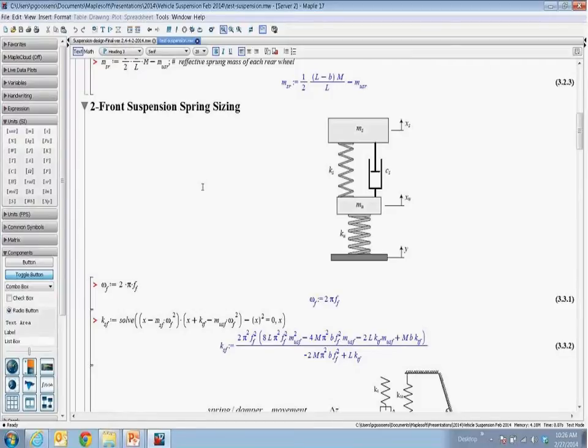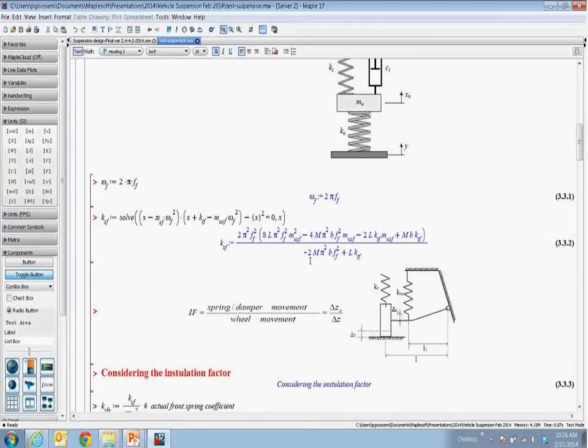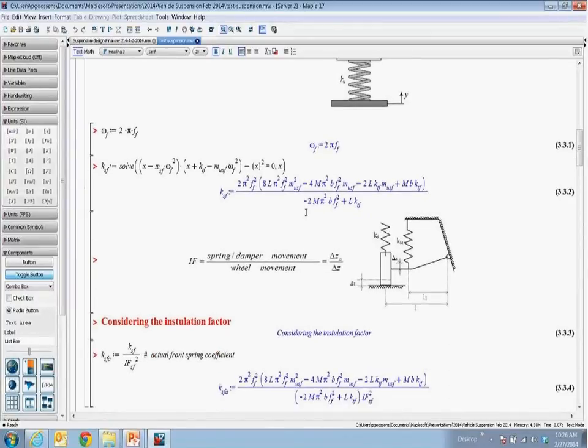But the question is, what is the magic number? I can give you a number for the suspension system. Typically, for the front suspension system, 1 hertz is a good number for the natural frequency of the front suspension. And after calculating the theoretical stiffness of the suspension system, as you know, this theoretical